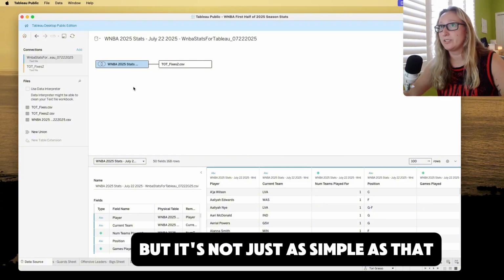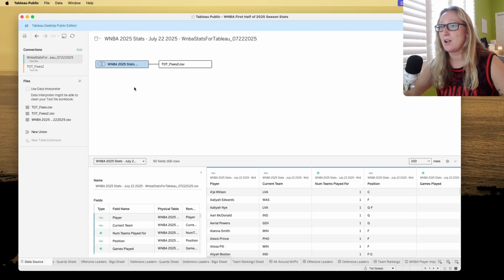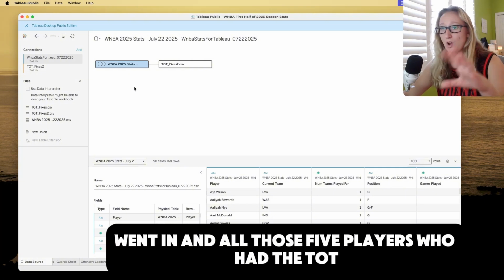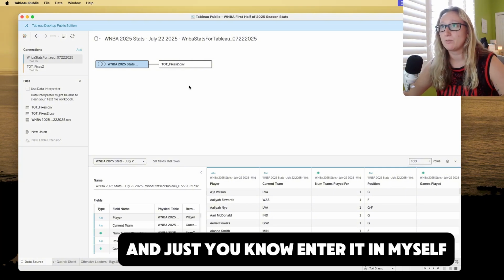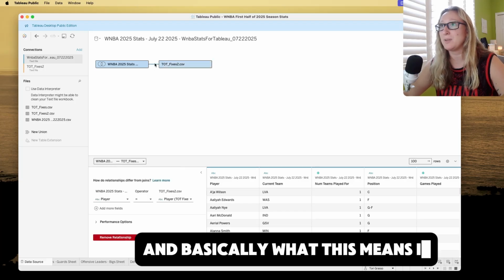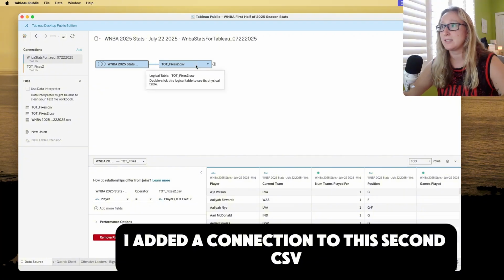But it's not just as simple as that because I wanted to experiment with adding other layers and complexity. I could have just gone in and entered those 5 players who had the TOT myself, but I wanted to try this out. And basically what this means is I added a connection to this second CSV with all of